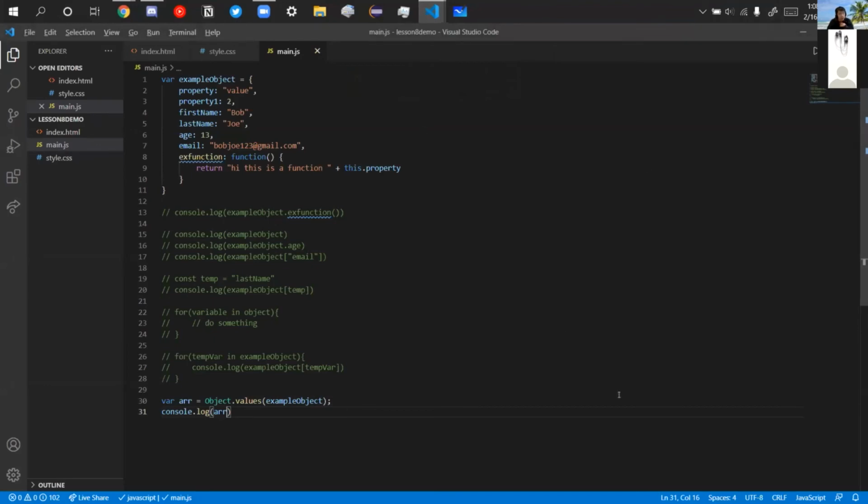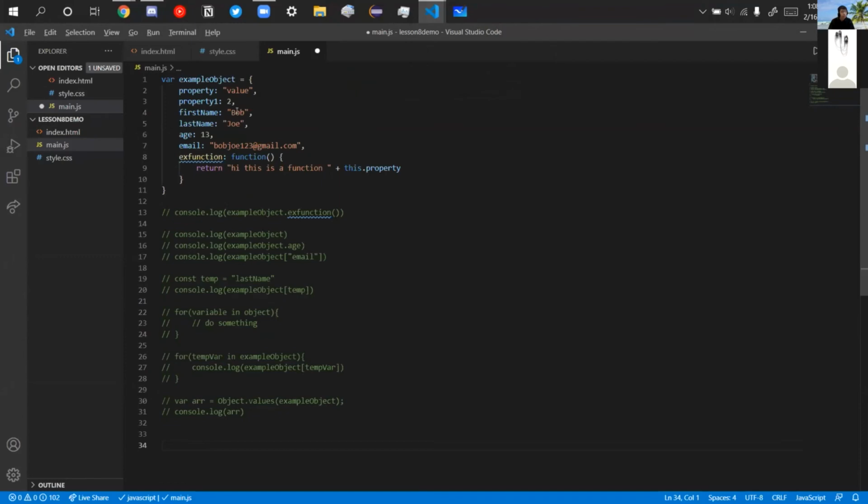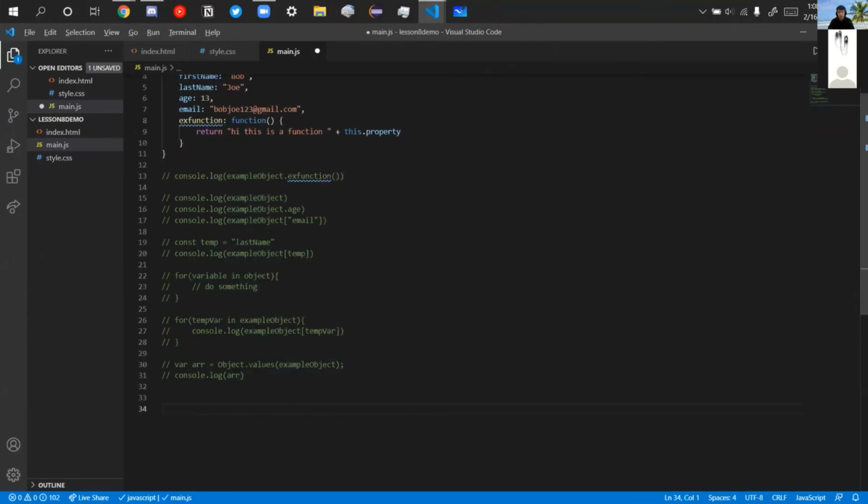I still have a couple minutes, so I'll quickly go through constructors, and then we'll save everything that we don't get to for next week. So a constructor is similar to an object, but you can think of it as a blueprint for an object. So it's not like a specific object, right? This is a specific object. A constructor,